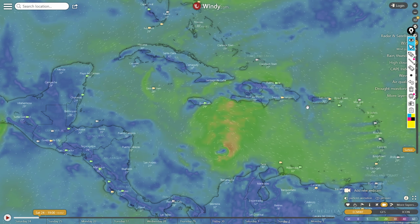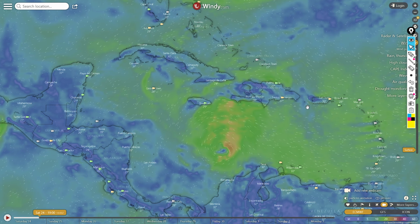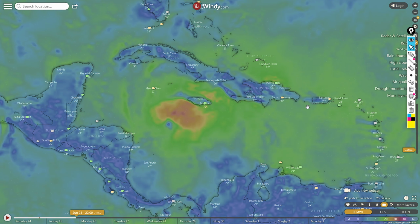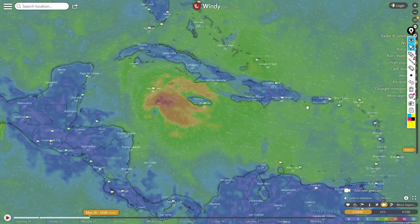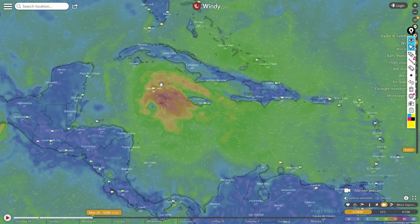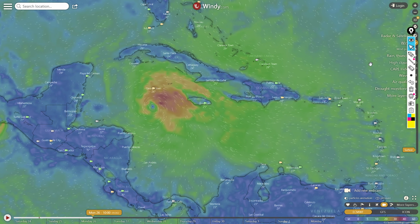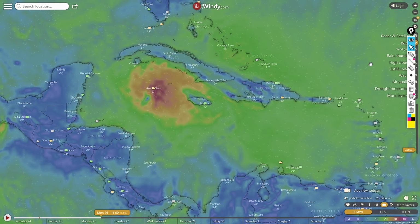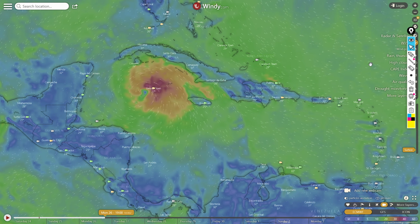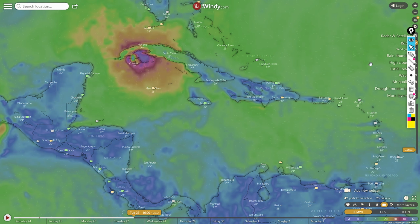This is the European center model and these are the surface winds. I'll start off now. Here it's 18 UTC at the start on the 25th. As we move forward, the storm begins its turn up towards the north. You can see the wind strengthening as it approaches Georgetown. Now these are the Cayman Islands, and that will be the first area that is at risk of the severe winds, while Jamaica will be more at risk of the really heavy rains. But you can see the center in the European center model does pass very close to Georgetown over the Cayman Islands as it's intensifying, and then after that it moves more towards the north